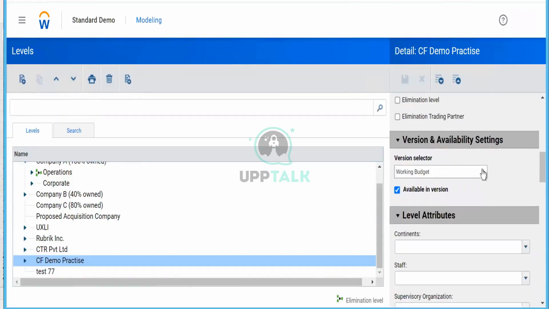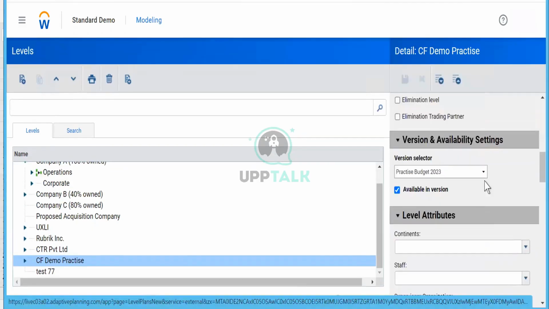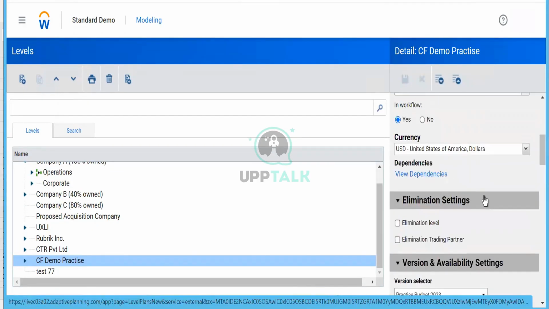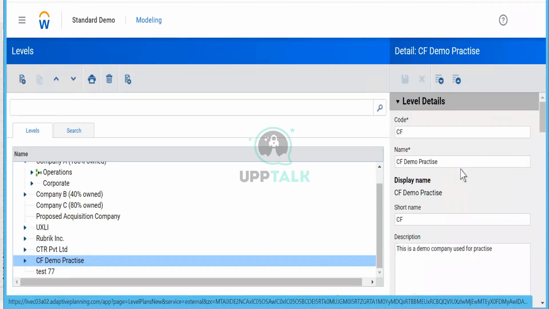Version selector available in version. Is it because of this?